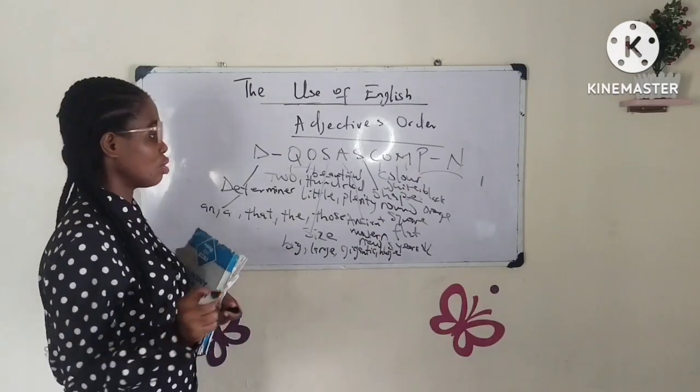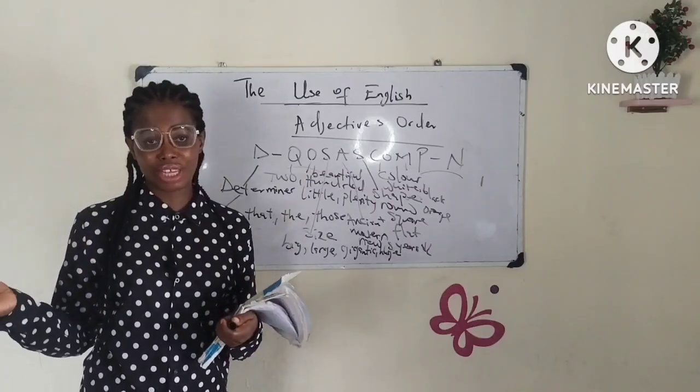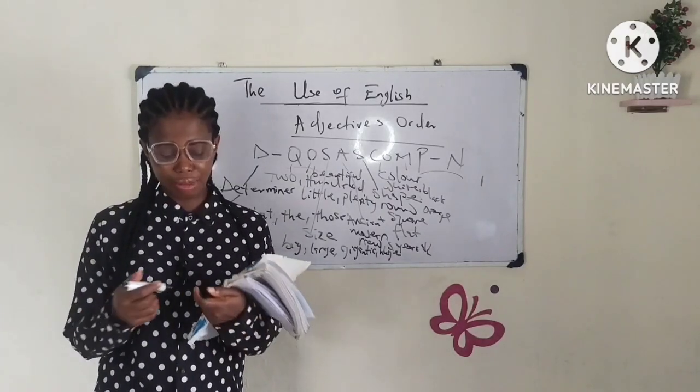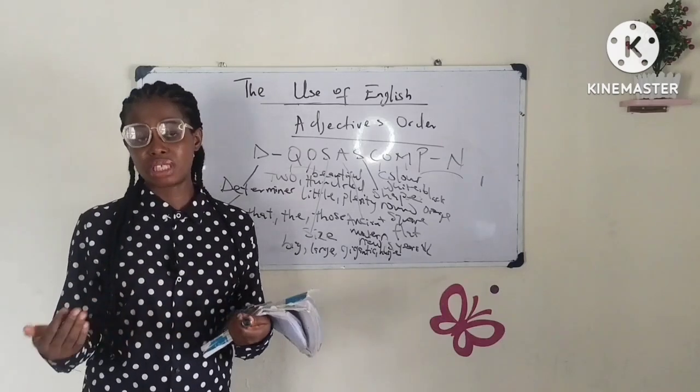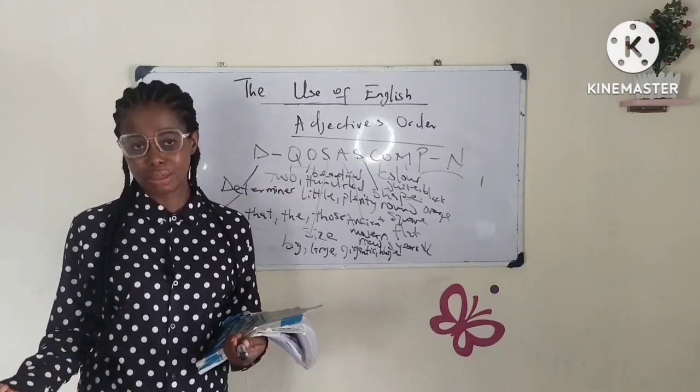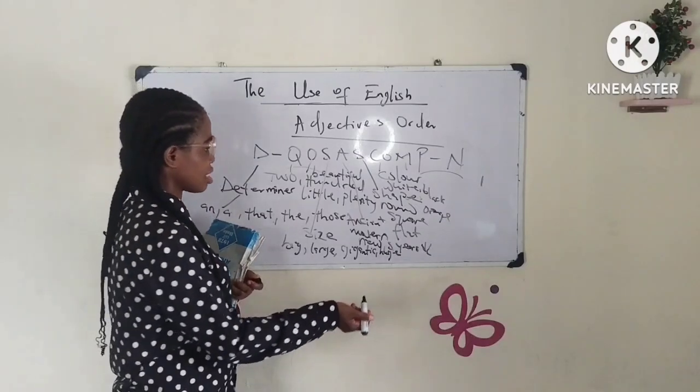Material simply means what the thing is made from. What is the noun made from? Is it made from wood? Is it made from silk? Is it made from sand, the earth? What is it made from? Okay, examples are